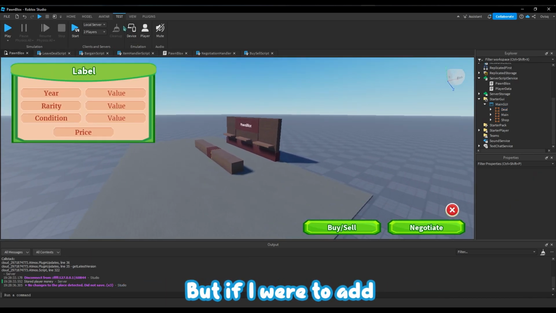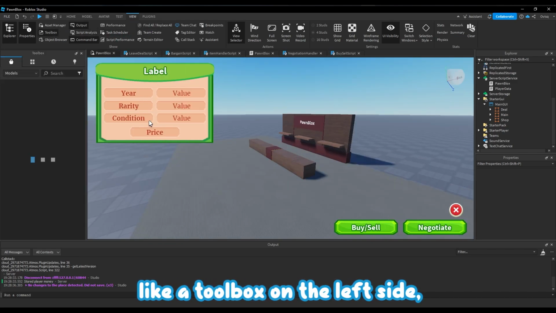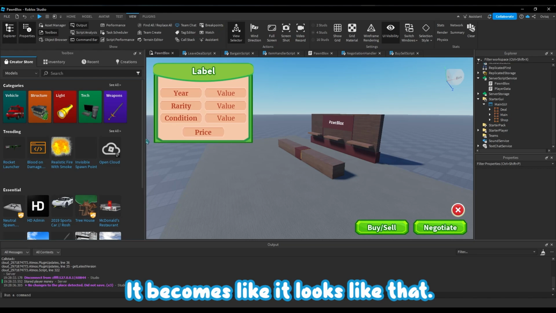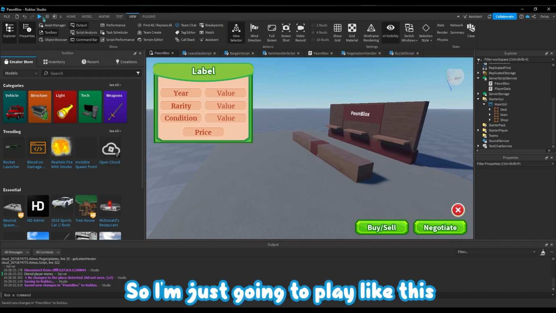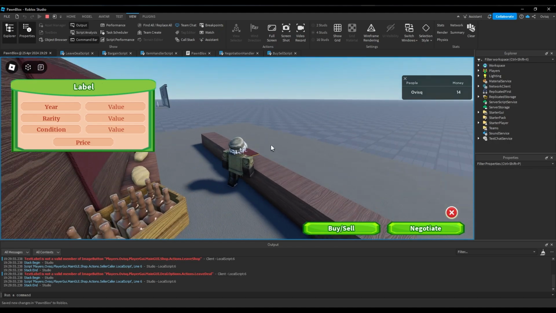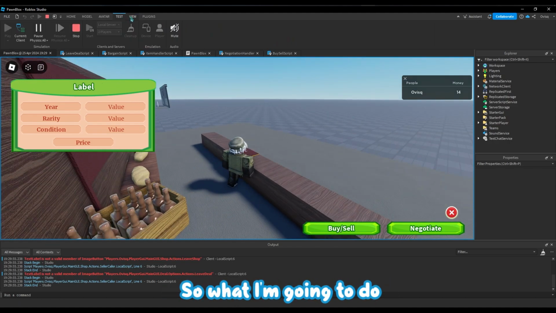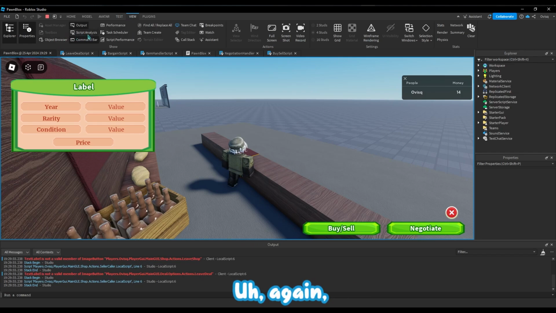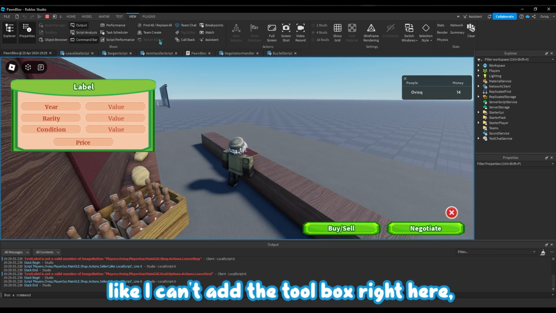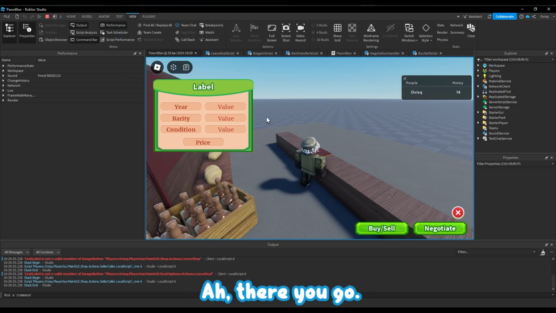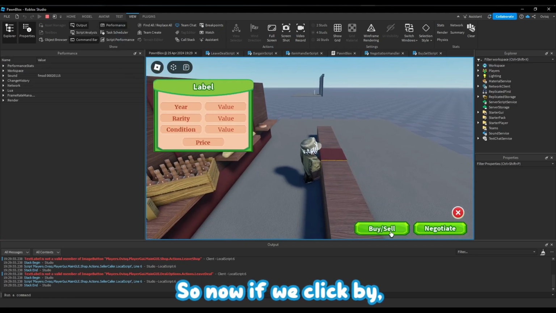But if I were to add like a toolbox on the left side, you can see it becomes like, it looks like that, it looks around like that. So I'm just gonna play like this so you guys can see what it looks like. And then okay, got rid of that. So what I'm gonna do is I'm just gonna add the toolbox again. Seems like I can't add the toolbox right here, so I'm just gonna do performance. All right, there you go. So now if we click buy,